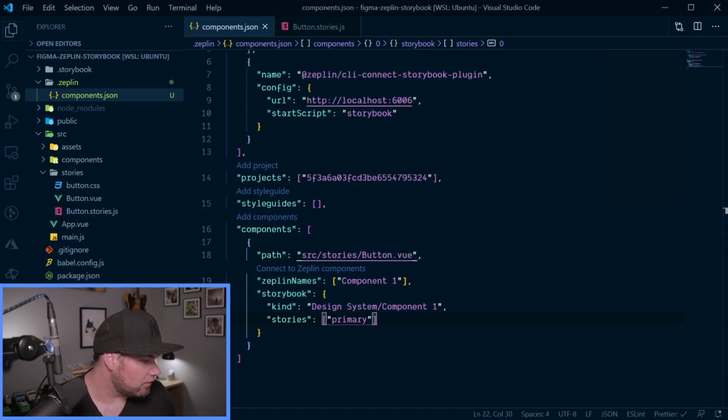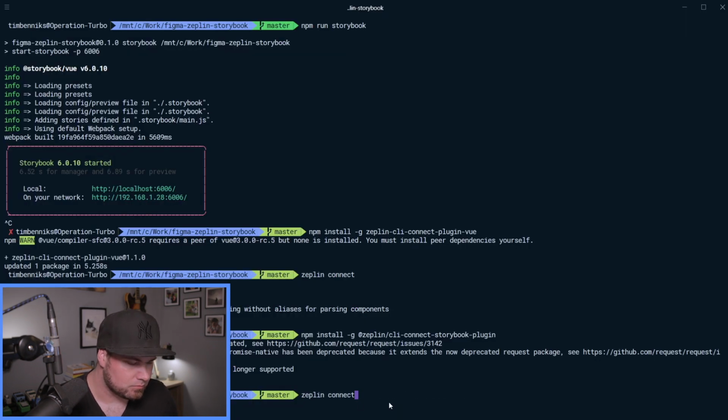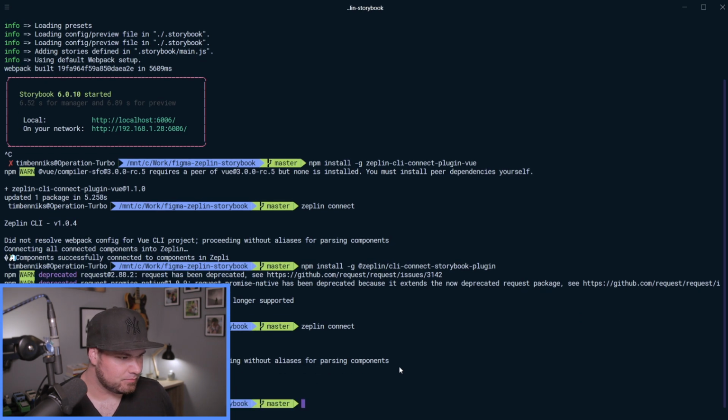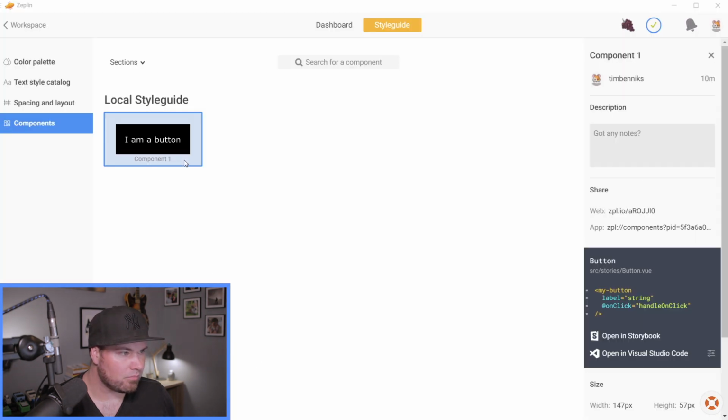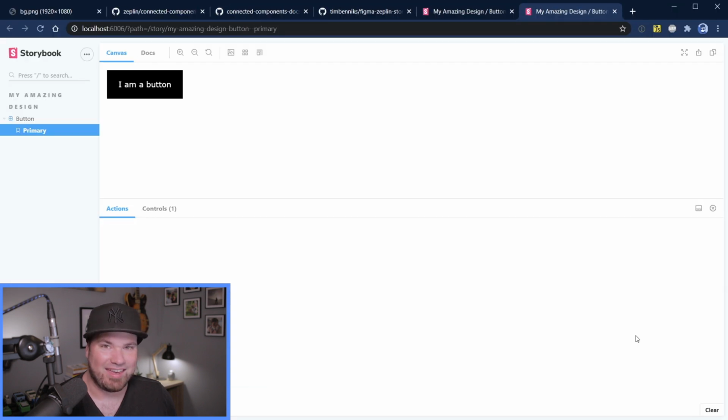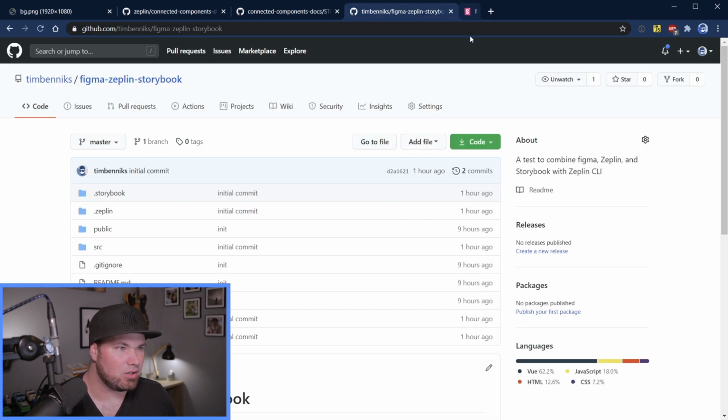Well, we can do that. Let's connect it. Detected Storybook at 6006. Nice. So it found the story. Okay. Oh yeah, open in Storybook. Yeah, that's cool. So now we can actually go from